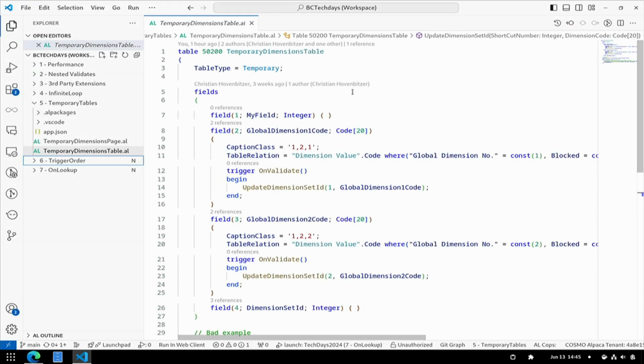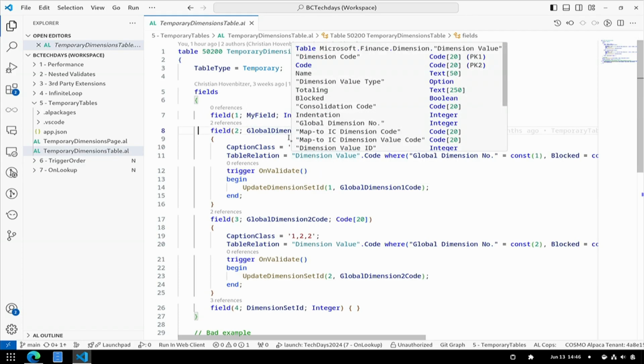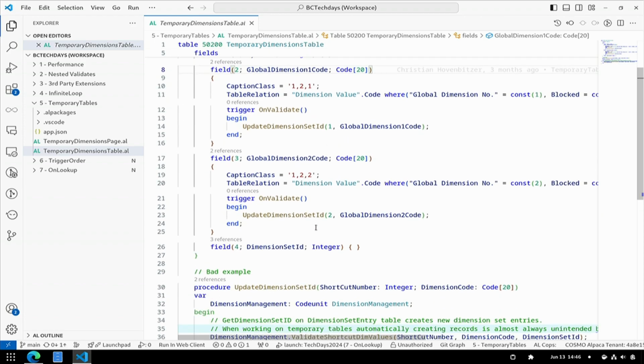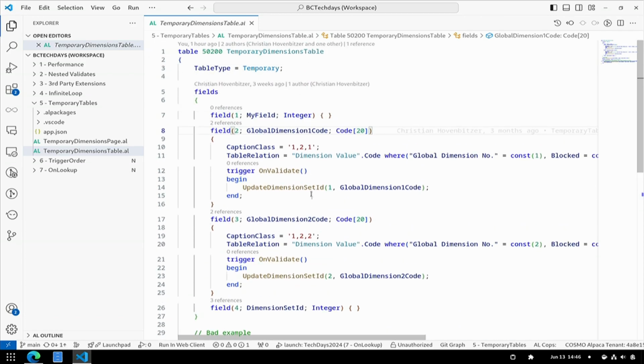So I've created a temporary table. This might be an example of how you should not do this. There are like 3 fields on that: global dimension 1 code, global dimension 2 code, and the dimension set ID. And when I validate one of the dimension codes, I want to get the dimension set ID back.